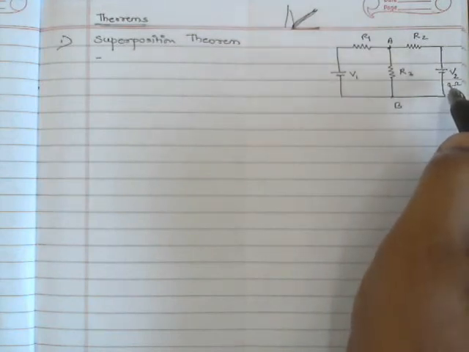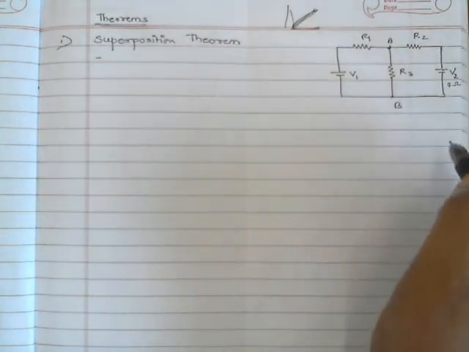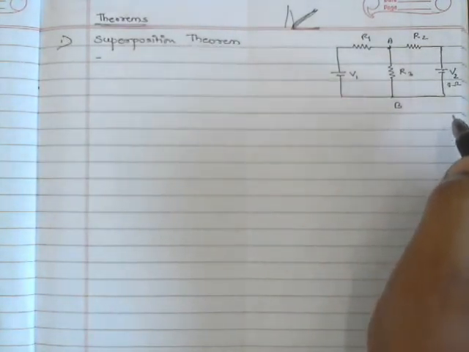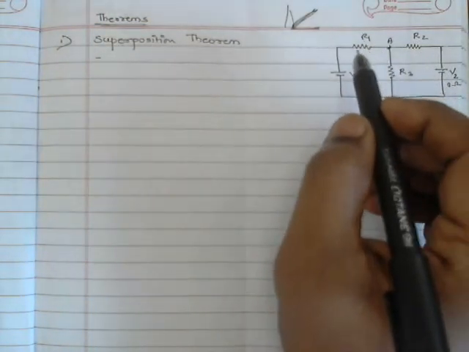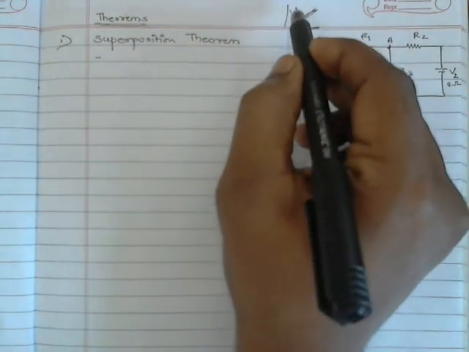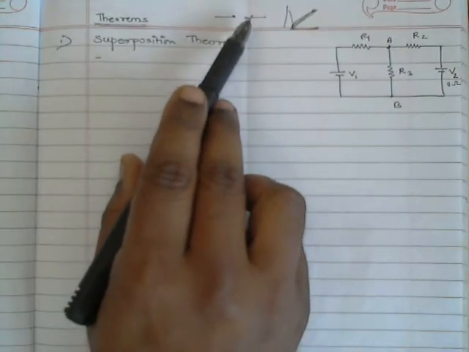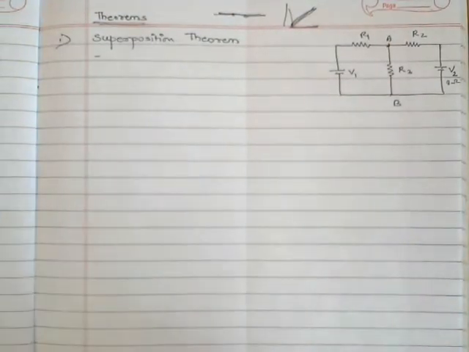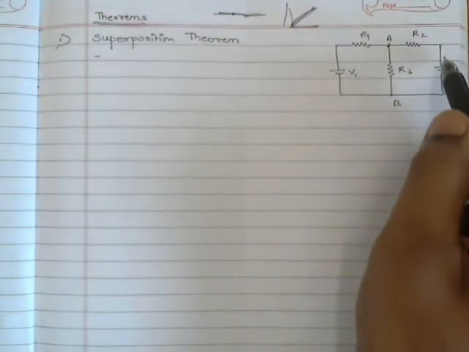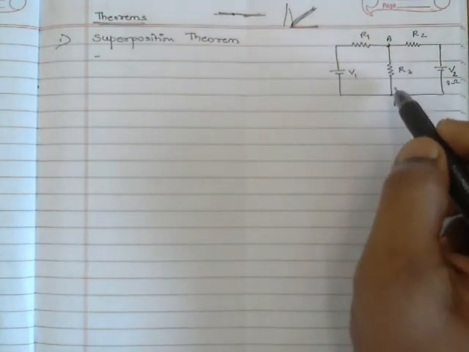0 ohm resistance means there should be a simple wire. Okay, when there is a complete wire, a short circuit wire, it has 0 resistance. Are you getting? And when the wire is open, cut, then it has 0 current, and when it is a short circuit, it has 0 voltage. Okay, so replace it by a simple line, then find the current through AB. Okay, that is step 1.